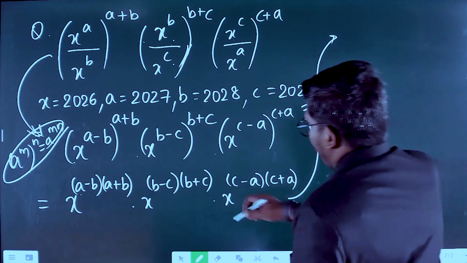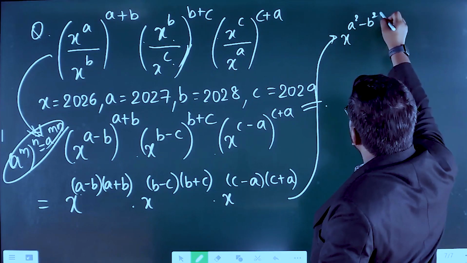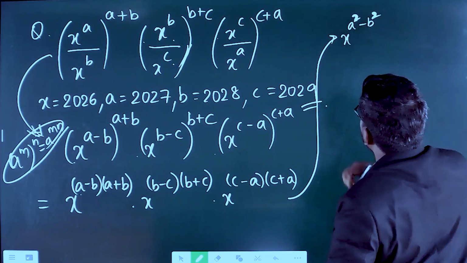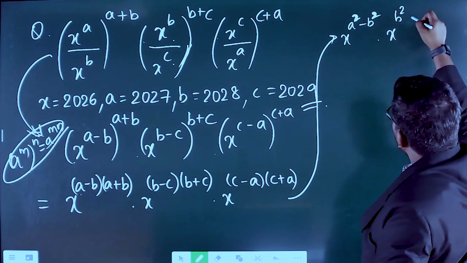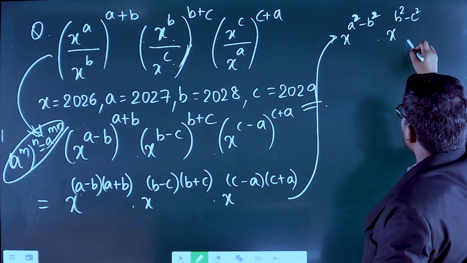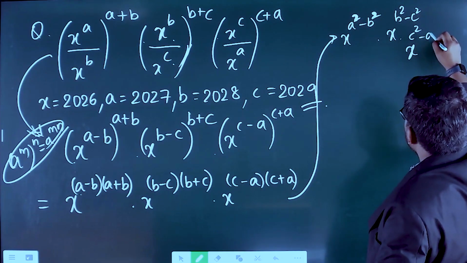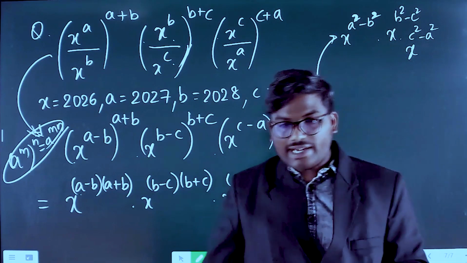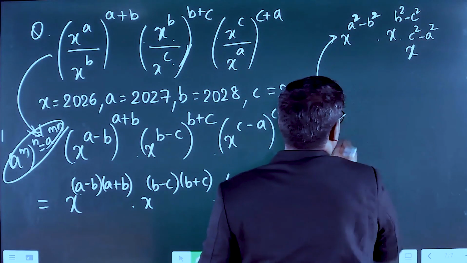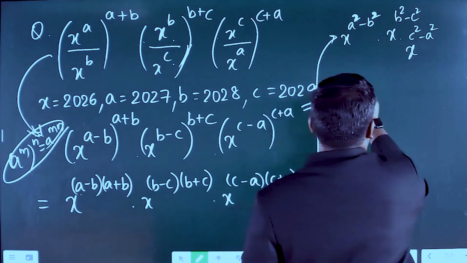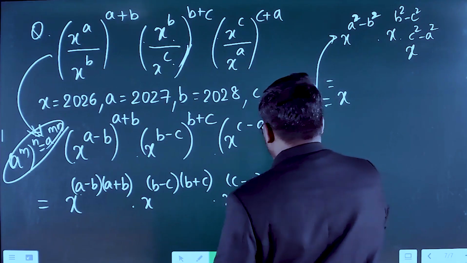Now this shall be x power a minus b into x power a plus b, which will be x power a square minus b square, into x power b plus c into b minus c, which will be b square minus c square, into x power c minus a into c plus a, which will be c square minus a square, right? So x power m into x power n into x power o will be x power the sum of all the exponents. So this shall be